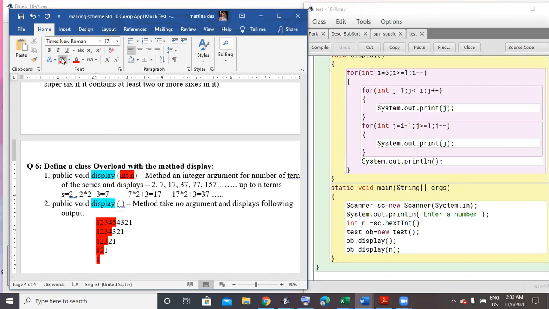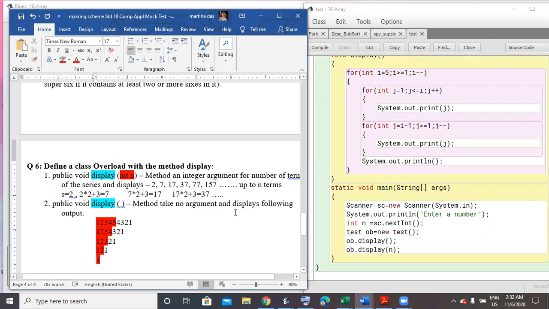So it will go from 1 till the value of i. When i is 5, it will go 1, 2, 3, 4, 5. When i reduces to 4, 1, 2, 3, 4, it goes on. And the second part goes from i minus 1. Since i is 5, minus 1, it will go from 4 decreasing to 1. When i is 4, it will start from 3, go till 1. In that method, it goes on decreasing. System.out.println, after every two j loops are printed, the cursor will come to the next line.